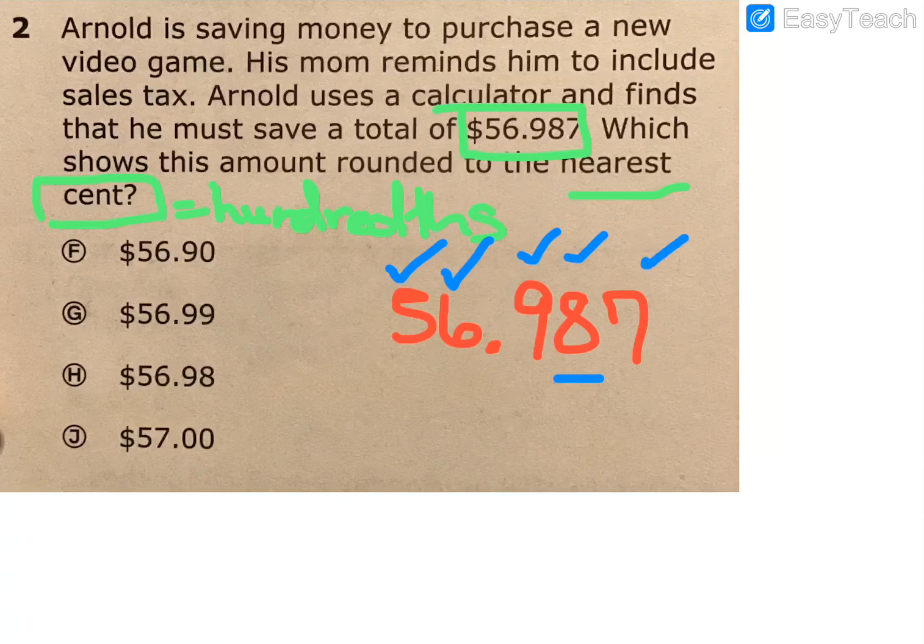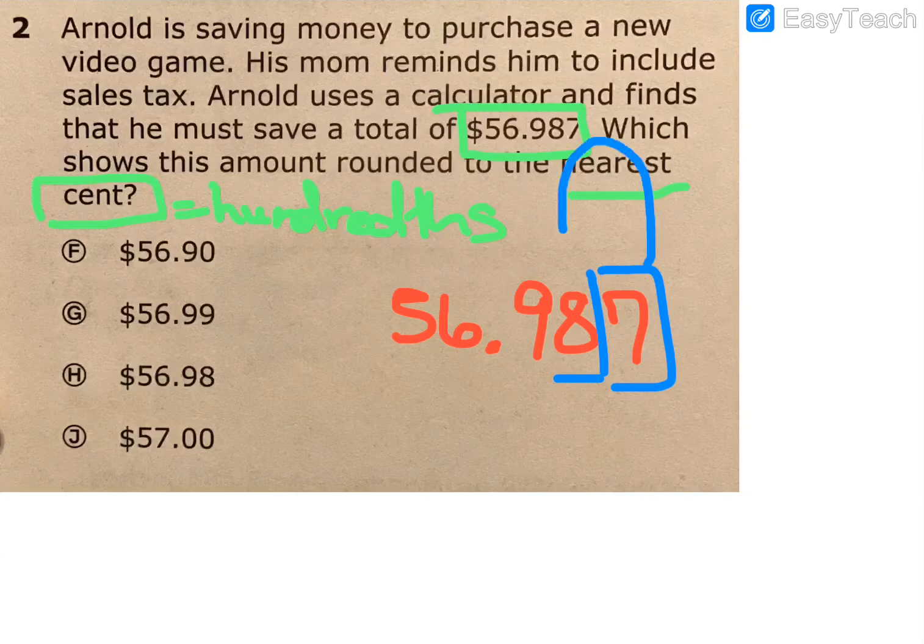Good. So what we do need is only our hundredths, and then we need to box the number that is behind it to see if it's 4 or less or 5 or more. Is 7 higher than 4 or higher than 5 or lower than 5? Absolutely. It is more, so that means we must add one more to the 8. And so that means that our number would become